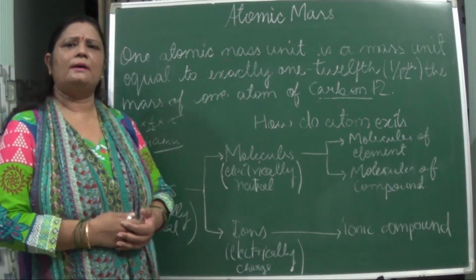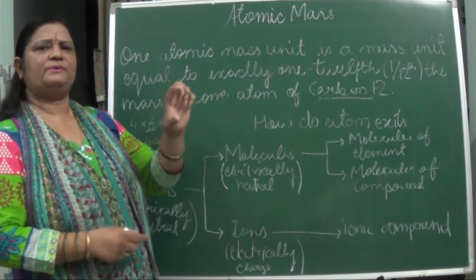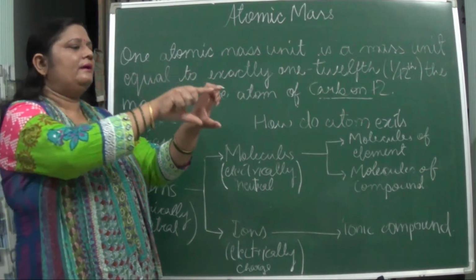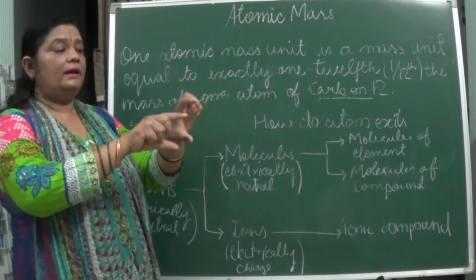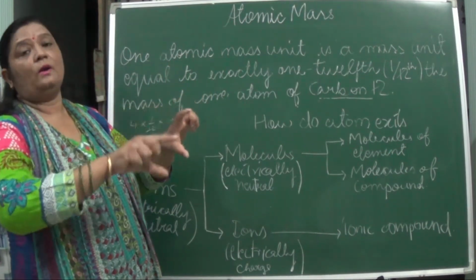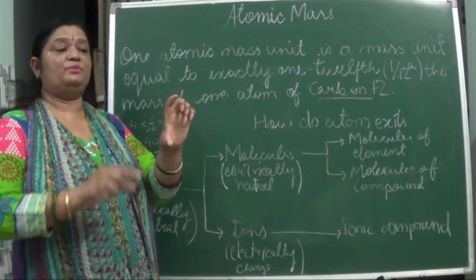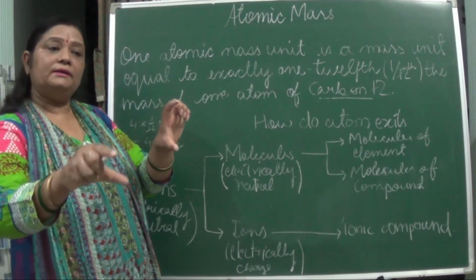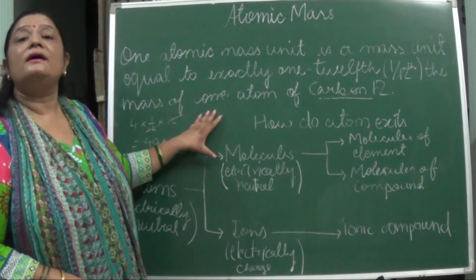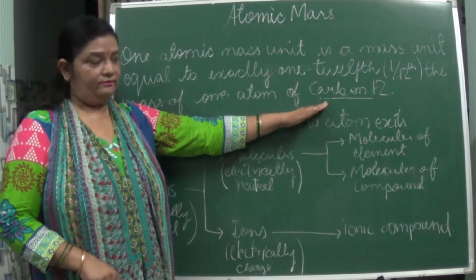In NCERT the example of a watermelon is given. It is said that one piece has been cut out and then equal pieces are cut out, so that they can be compared, that yes, they are equal to the piece which has been taken out, and all are identical in nature. So here you are seeing that that piece is being compared with the other pieces also to make it equal. So this is a relative term. We relate it with 1/12 of carbon 12.